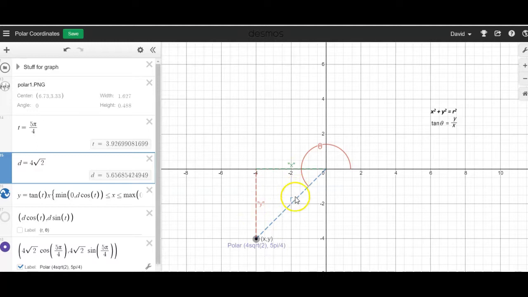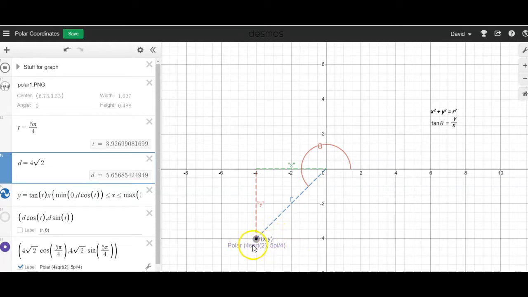Alright, how do we do it? We get r with the Pythagorean theorem. Alright, that's the 4 square root of 2 here. And then how do we get theta? I use tangent. The tangent of theta was equal to 1 here. y divided by x. I divided the y coordinate by the x coordinate. Set tangent equal to that, and then just looked on my unit circle. In quadrant 3, tangent's equal to 1 at 225 degrees or 5 pi over 4 radians, and that's how I did it. Okay, so it's not bad switching from the